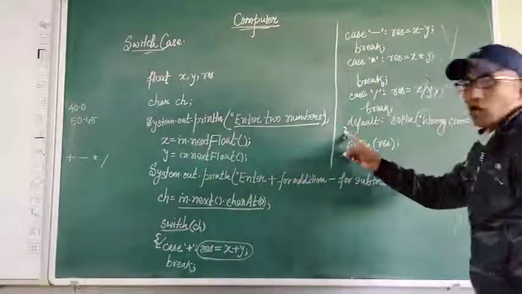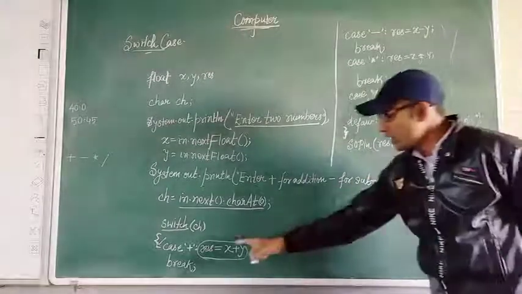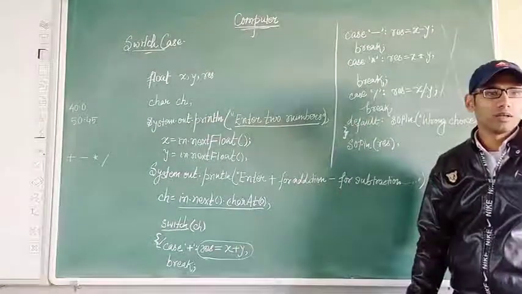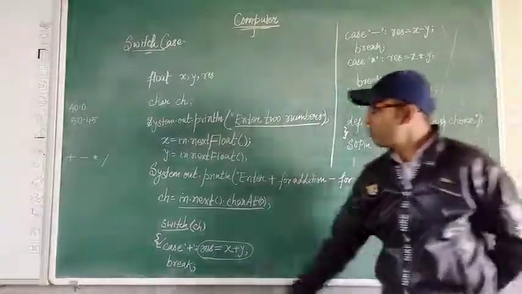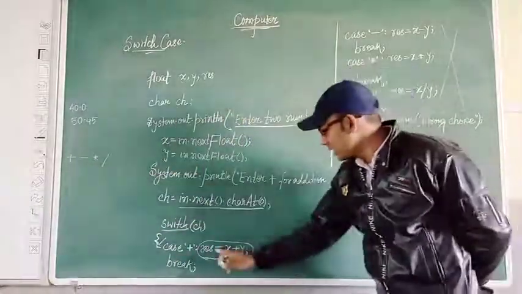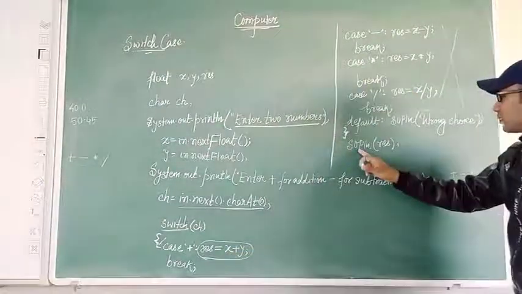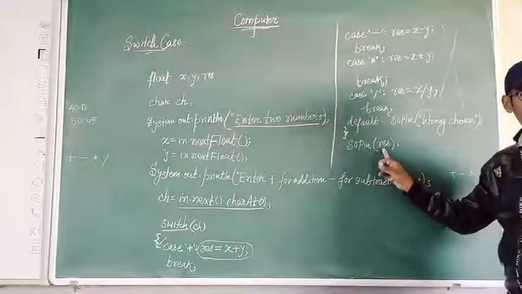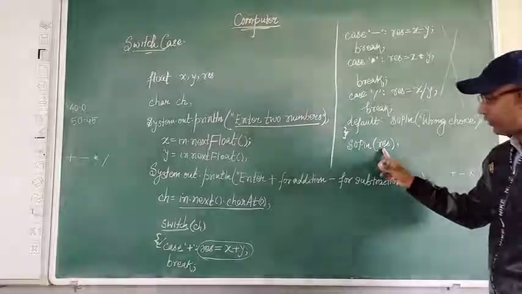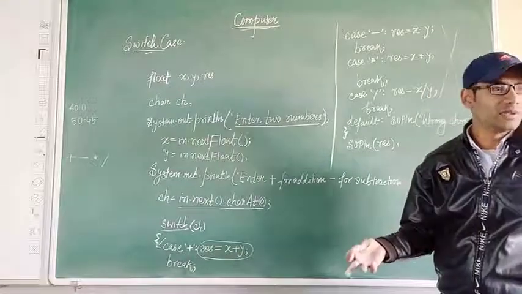Instead, it will come out of the boundary limit and reach System.out.println(result). Why? Because our task is done. The user only wants this plus sign, meaning addition. So addition will be done. The rest of this part is skipped. After that comes System.out.println(result). Result will carry the addition of these two numbers. The task is achieved, right?